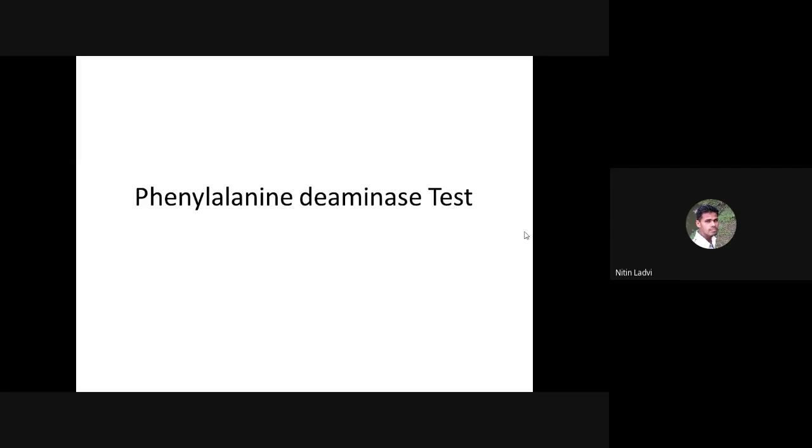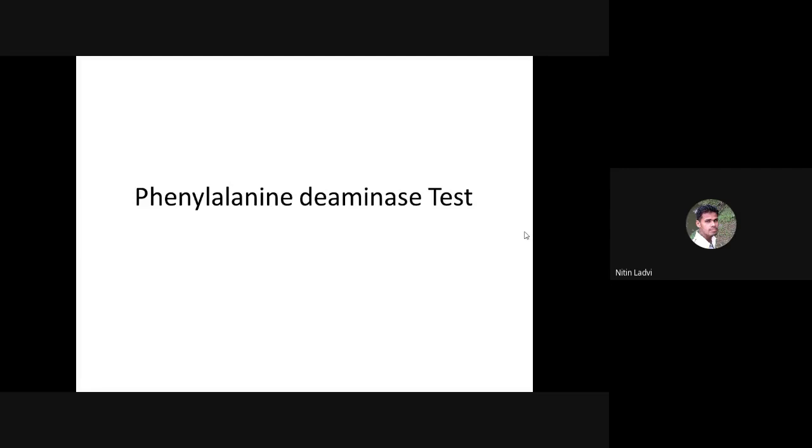So deaminase and decarboxylase are the 2 basic enzymes used in the catabolism of amino acids by a number of microorganisms, and these can also be used as an indicator for their identification, because not all these pathogens have the same set of enzymes. Some lack such enzymes, while some have them, and that's why the same principle can be used for identification. And that is true with the phenylalanine deaminase test. The name of the test itself tells what type of reaction occurs behind the scene, which can give us the visible results used for interpretation.